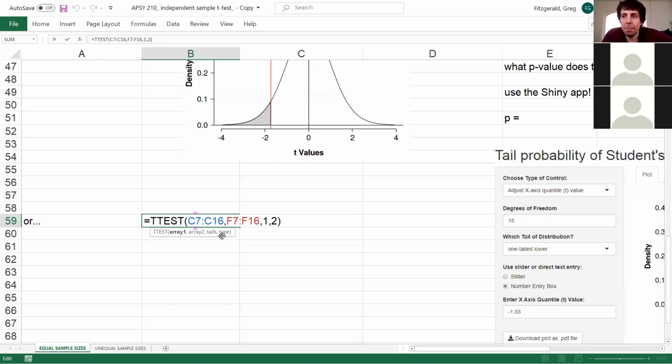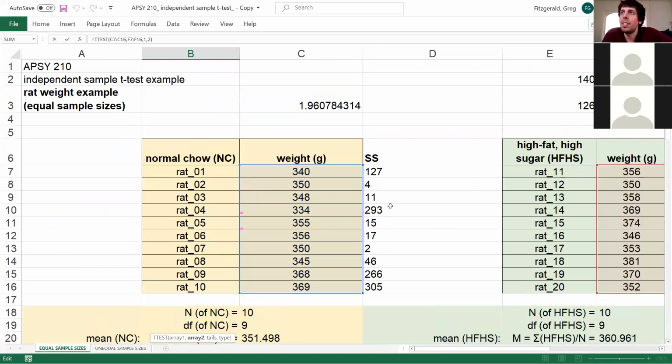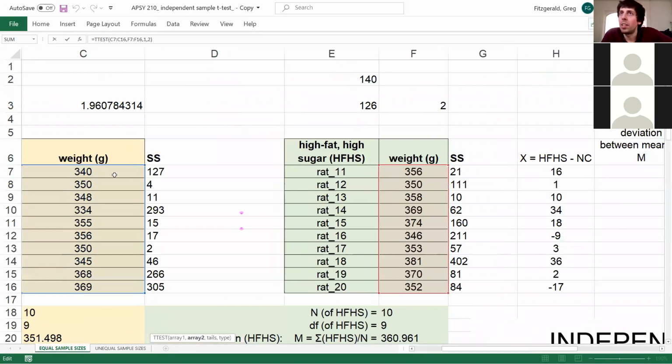4 different things you need to specify. Array 1, like if you don't know what an array is, I honestly don't know exactly what it is, but basically that means highlight all of the scores in group 1, and then array 2, which is in red, highlight all the scores in group 2. So let me actually just scroll up and see how this blue highlighted area, that's array 1, cells C7 to C16. So you're just taking the data from sample 1, comma, take the data from sample 2,